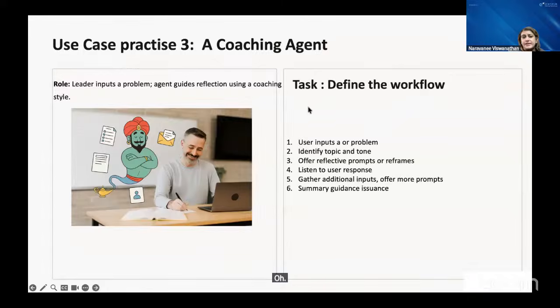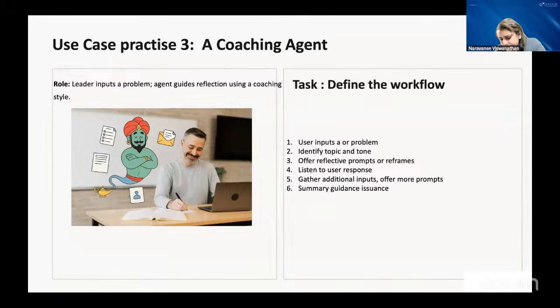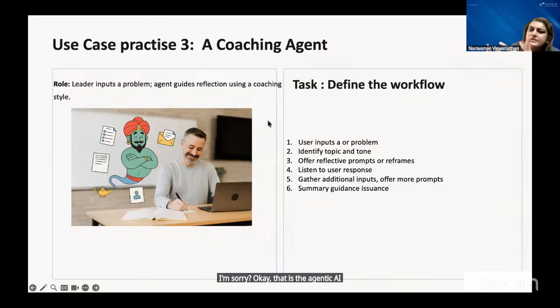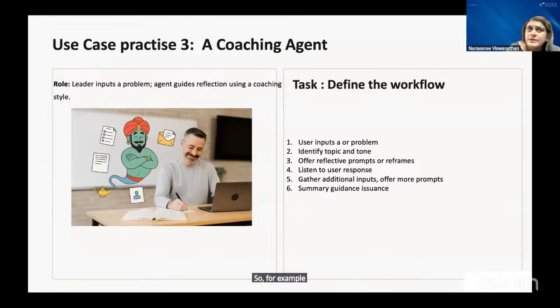Okay. The agentic AI is where you basically have a number of agents working. That is the agentic AI where you have a lot of agents working concurrently towards a goal. So, for example, suppose you have an office assistant. This office assistant is replacing a person. So, what will it do? Basically, it will automatically check every day how many people are present. It will create a report. Then